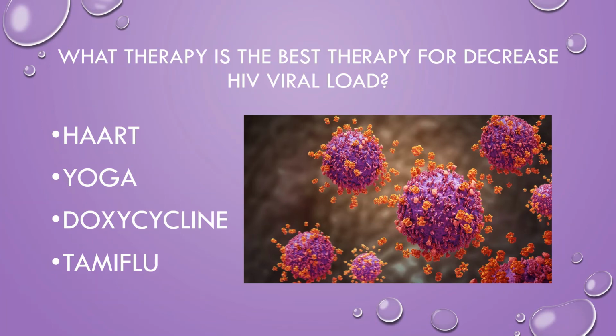What therapy is the best therapy to decrease HIV viral load? Is it HAART, yoga, doxycycline, or Tamiflu? It is HAART, highly active